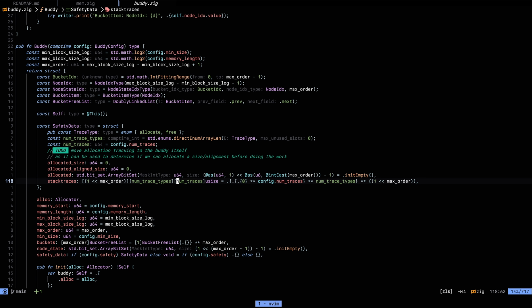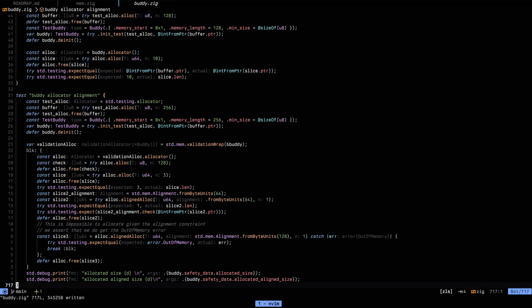We track a depth of num traces, and here this numTrace type is just basically 2, which is allocate and free. And if we had other operations like resize or remap, we could have them there. But I don't want to do that. Right, so with this here, I started to add code to basically test that we fill the safety data correctly. So if I go back to allocate,